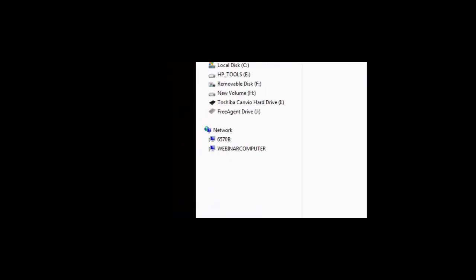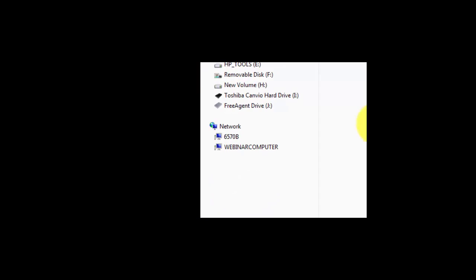Now typically, if you have computers connected by a home network, you'll be able to see all of those computers on the same network in this area of Windows. And as long as you can see those other computers, you can actually access their hard drive, provided that you've done all of the networking involved. So what you want to be able to do is you want to be able to see the network drive